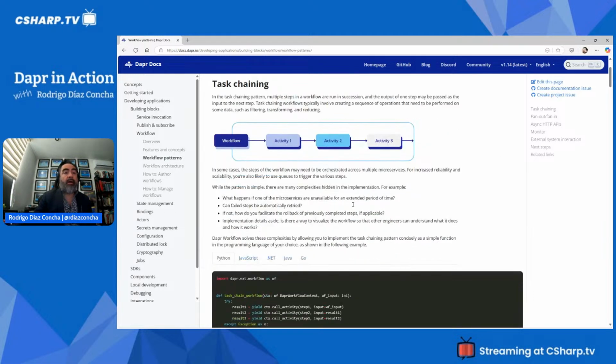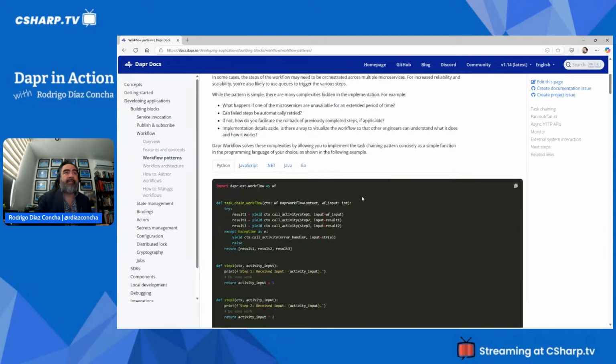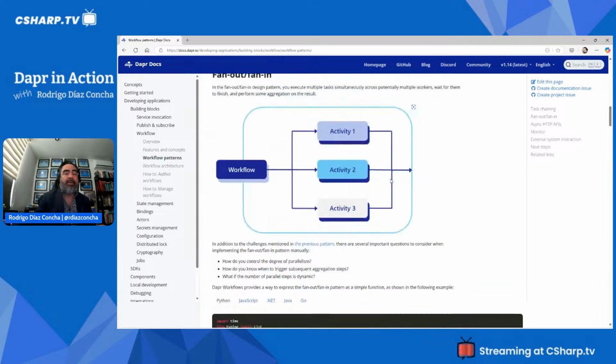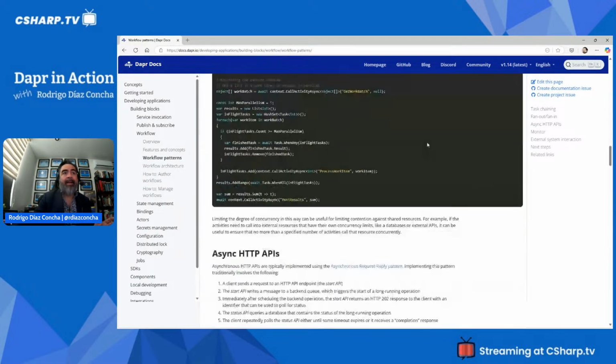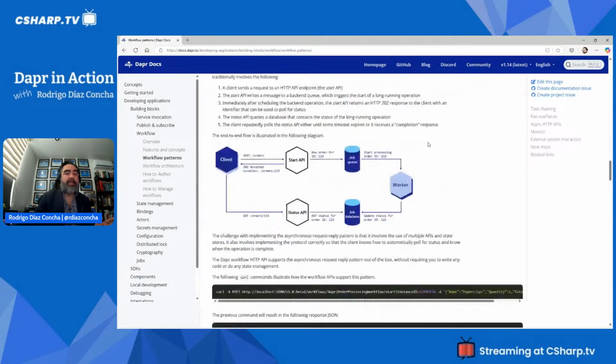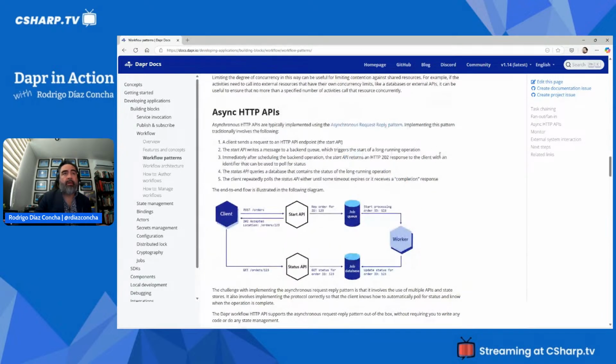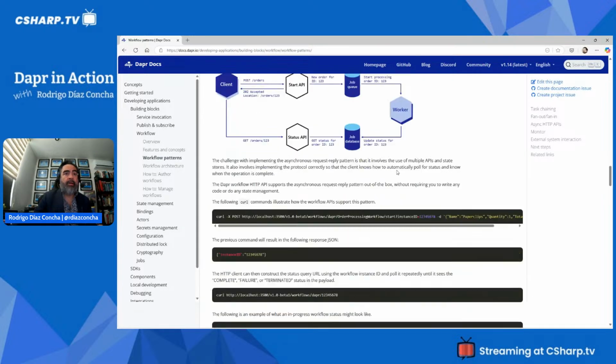But of course, there are other patterns such as fan out, fan in. This is when you want to execute different things at the same time in parallel. Async HTTP APIs, if maybe you want to call even external APIs, and monitor as well,